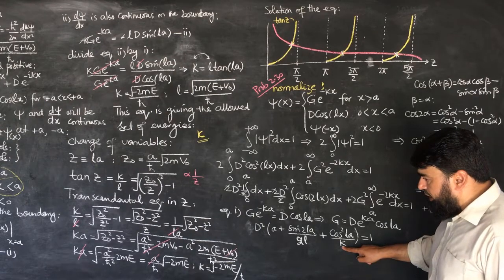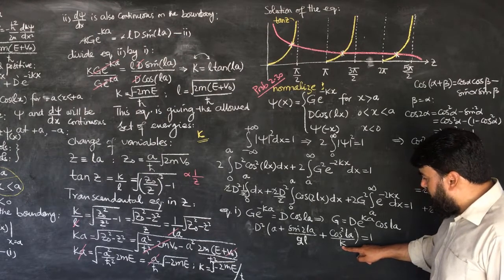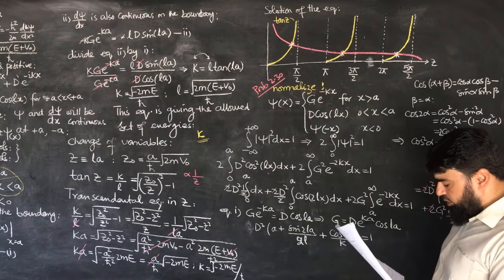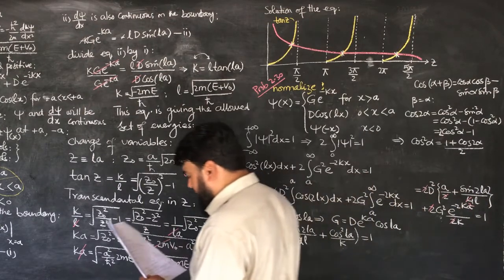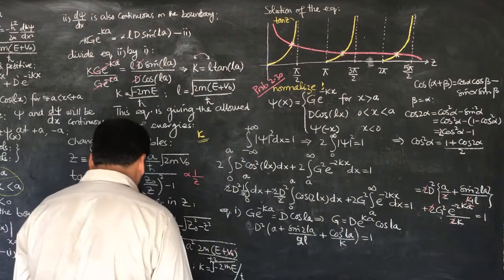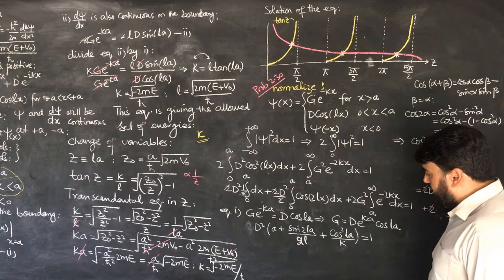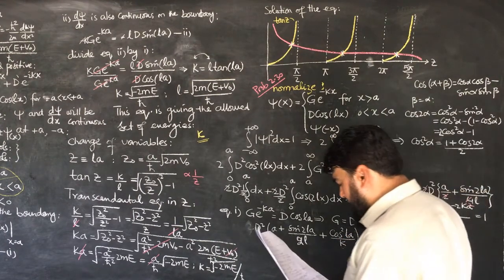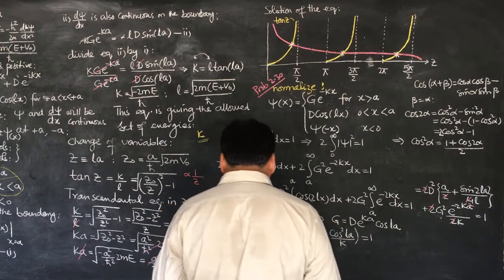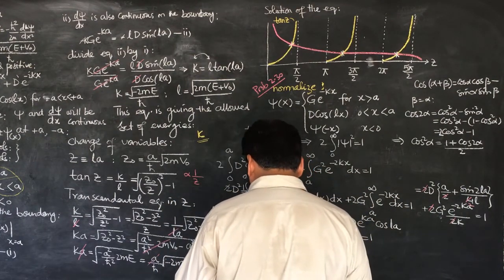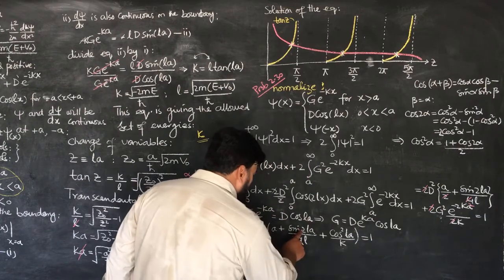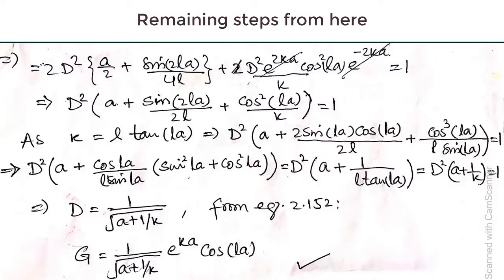Now tangent is sine by cos, so I can simplify with this cos square LA, and so putting this value in simplifying, similarly writing this one is sine 2LA, I can write